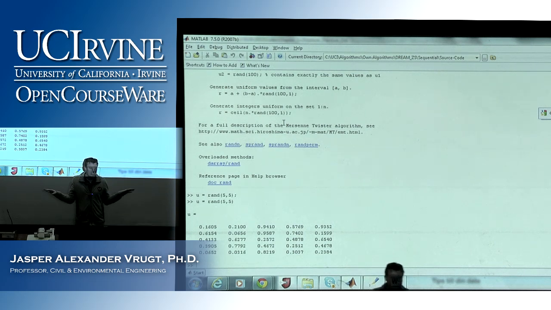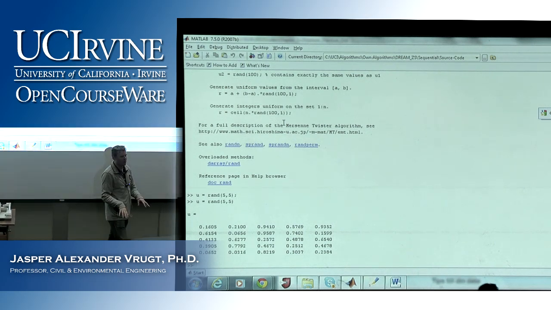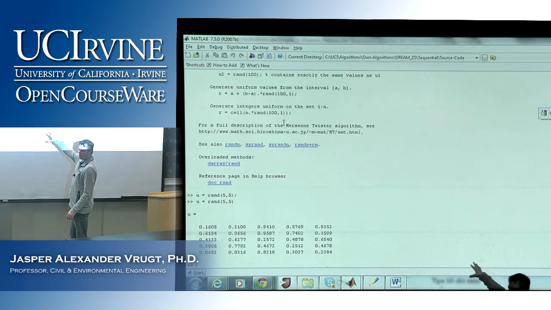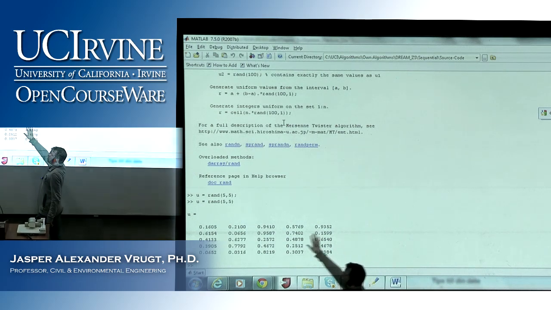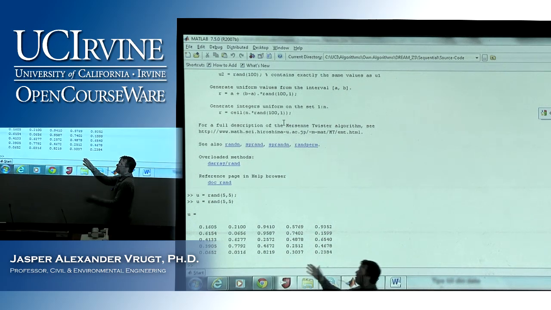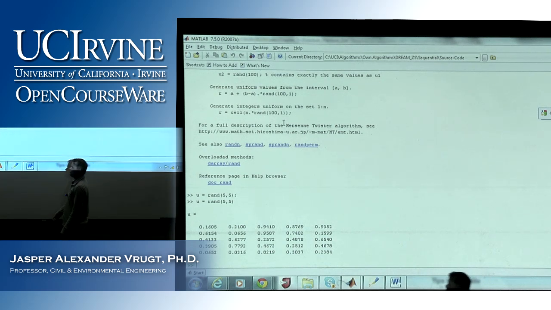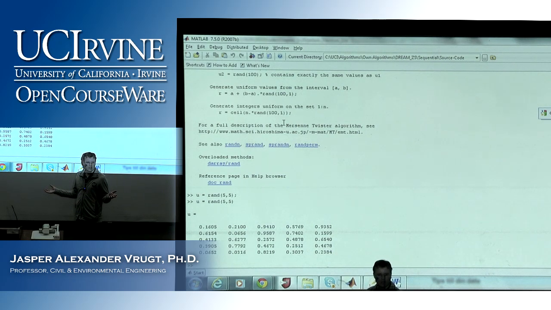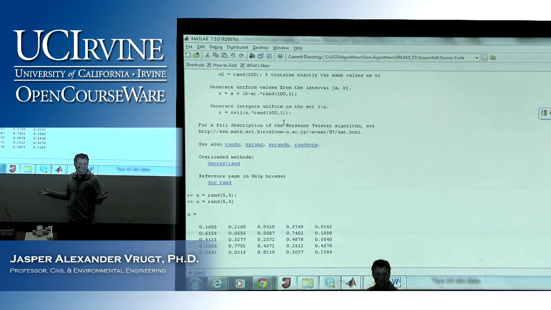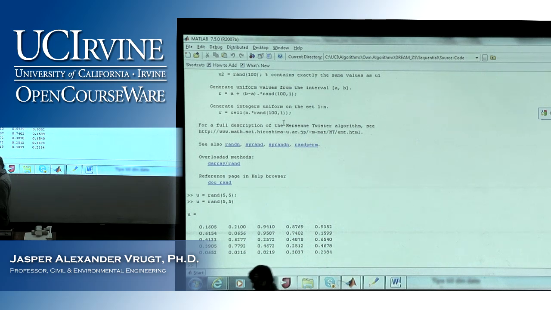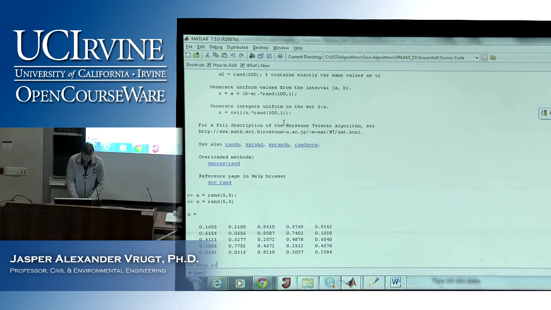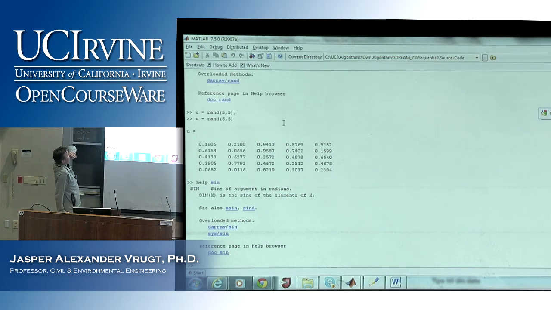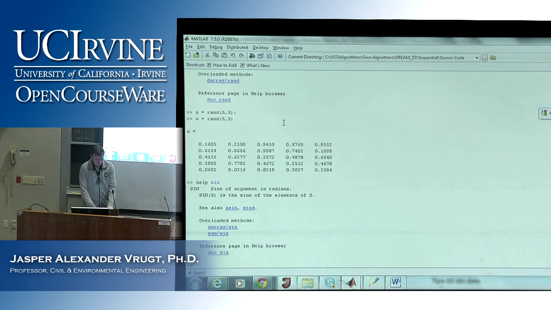I am not interested in what happens in that function rand. That's a built-in function. Someone at MATLAB wrote that function. And what comes out are just some random numbers between 0 and 1. So each time I execute this statement, I will have a different matrix with numbers, because it's a random number generator. Okay? Now I can also ask for help on a function, the sine for instance. That's the sine of the argument in radians. Okay? Now, so for instance, if x is,